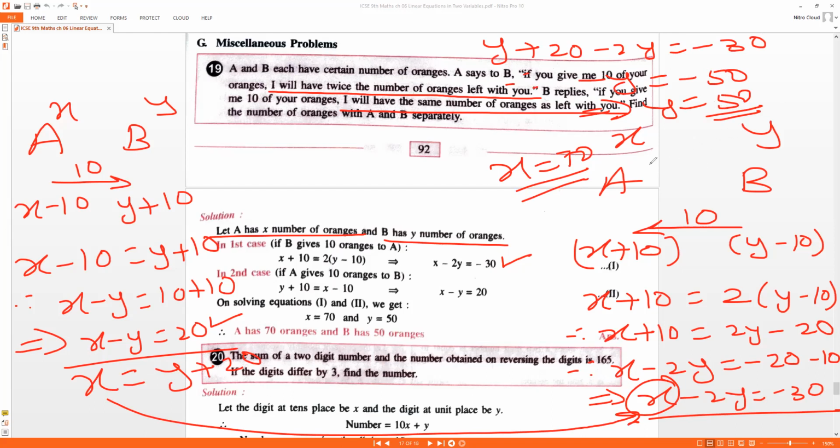Is that clear? Yes, sir. Okay, this is how you have to solve it. It's very easy. Though both the conditions are separate, you have to analyze the two conditions separately. You have to start all over again with X and Y for the conditions separately. Is that clear?